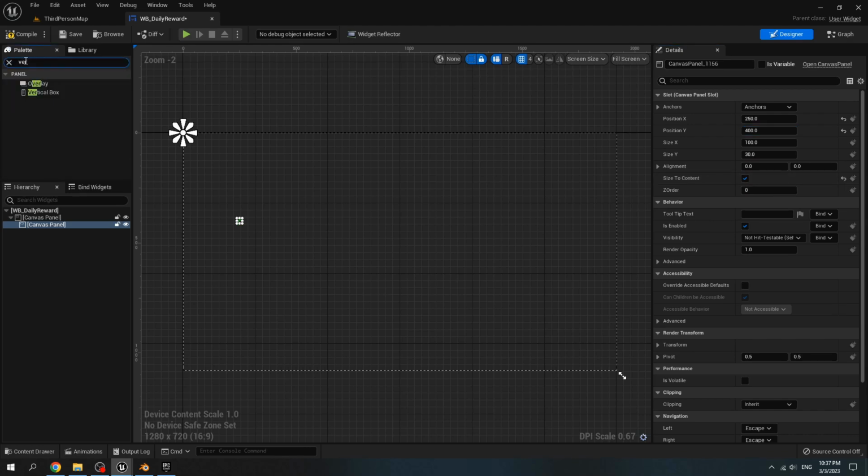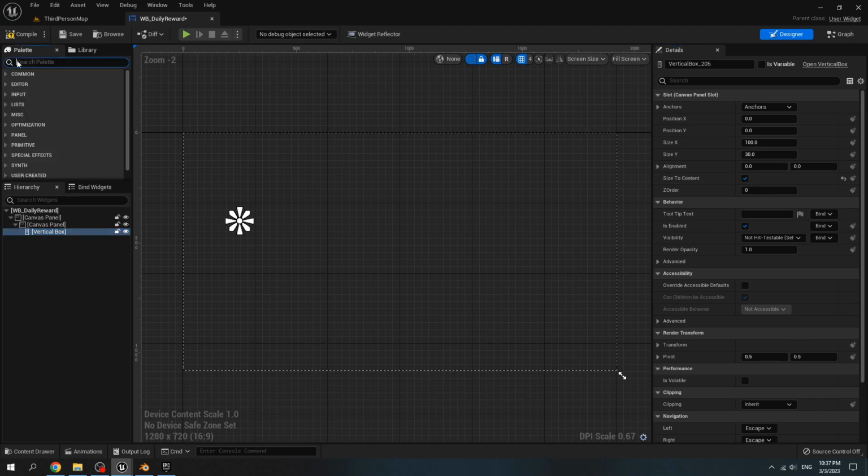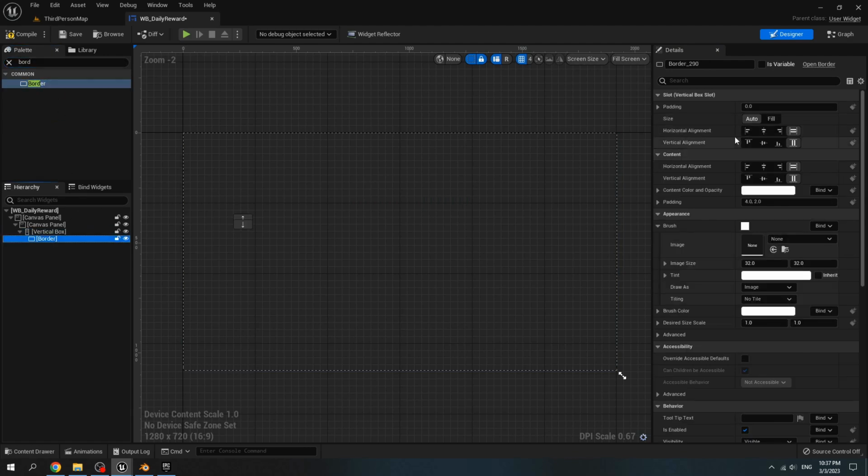Search for vertical box. Add it to the canvas. Tick on Size to Content too. Then add the border to the vertical box. Set the border to fill.